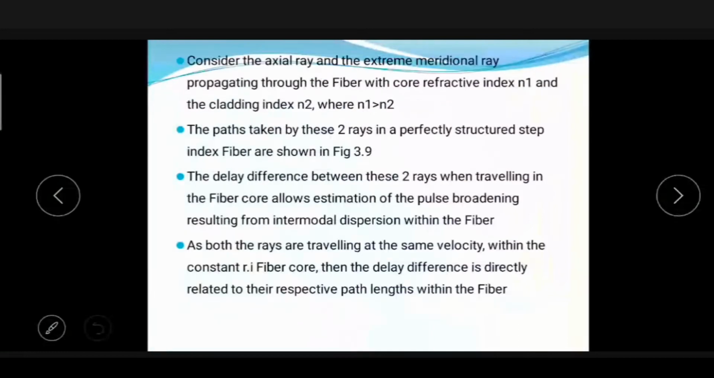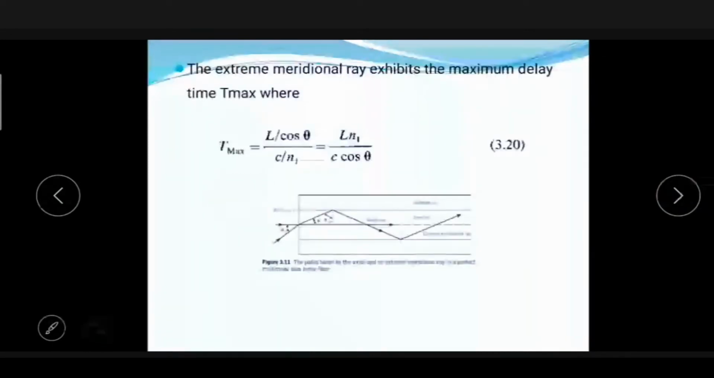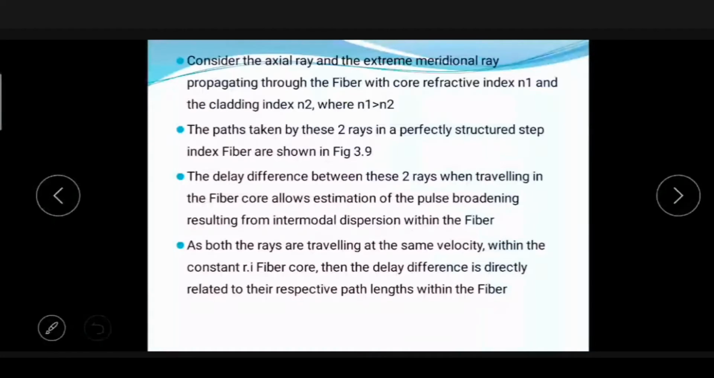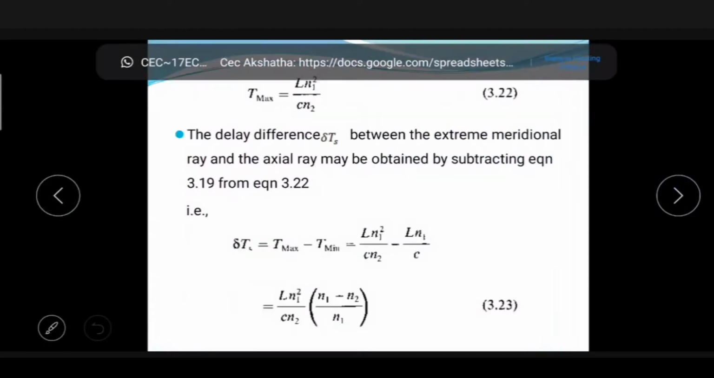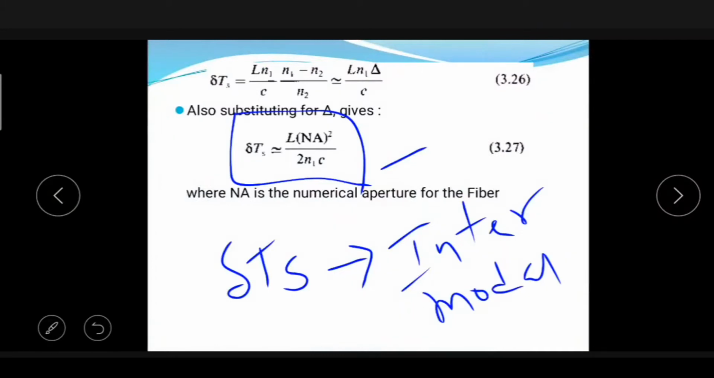You can see that we considered two different waves: one is the axial ray, the other is the meridional ray. Based on these two concepts, we considered the delay difference and arrived at equation 3.27, that is delta Ts. Using this delta Ts, we will determine an expression to find the RMS pulse broadening in a fiber,